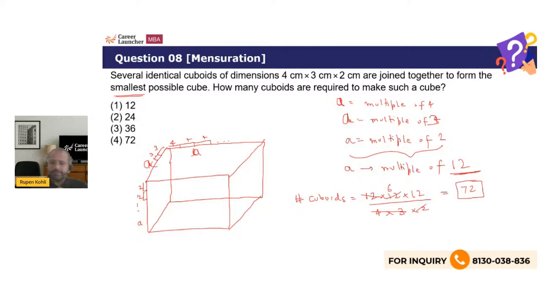Perfect. So very conceptual question, making a cube from a cuboid. So obviously, the thing that you can now take away from here is how the edge length of the cube has to be a common multiple of the edge lengths of the original cuboid that you had. All right,